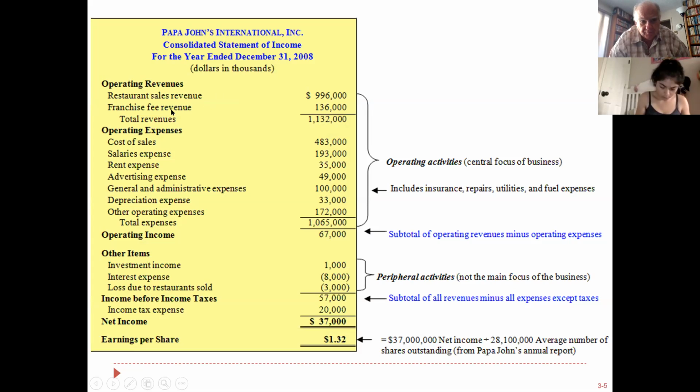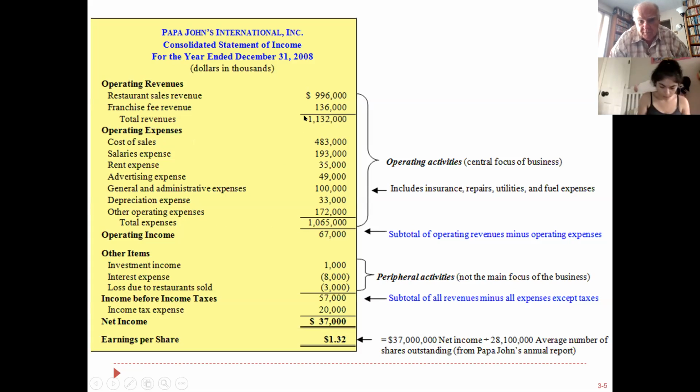Operating. These are the revenues from making pizza. Now they're listing what they're calling the operating expenses, cost of goods sold. In a pizza business, that's the cost of what it took to make a pizza. When you order a 3-topping pizza, the cost of goods sold would be the price of the dough and the pepperoni, etc. Salaries, rent. Total expenses are this number.